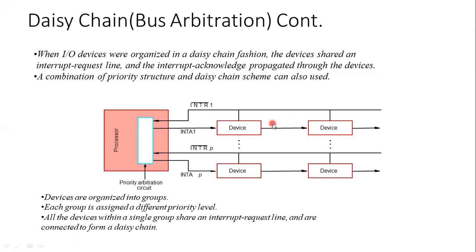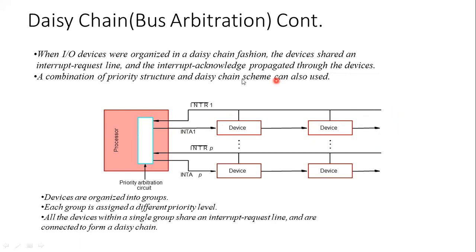You can understand. I feel I am repeating again. For example, these are some devices which are connected serially in a daisy chain on a common bus through a common acknowledge bus. To serve, the processor will provide the control to this device, or any other device. A device which is very near will be served first. If it does not have any interrupt request, then the next device will provide the service. If it does not have any request, then this device will provide the request.